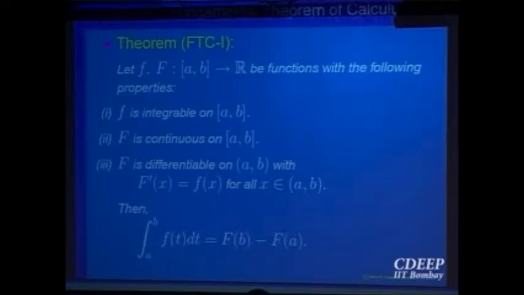Right? It bypasses everything. If you are able to locate a function capital F whose derivative in the open interval (a, b) is equal to small f, and that function is continuous, then the integral is just the difference of the values at the endpoints, forget everything else. And that is the beauty of this theorem, right? It simplifies how to compute an integral for an integrable function, because f is already given to be integrable.